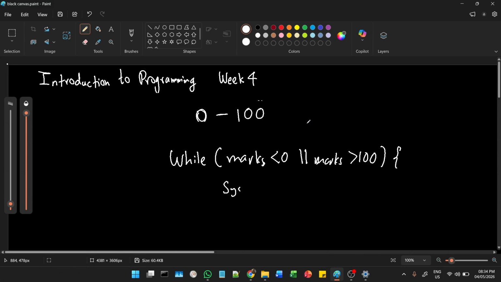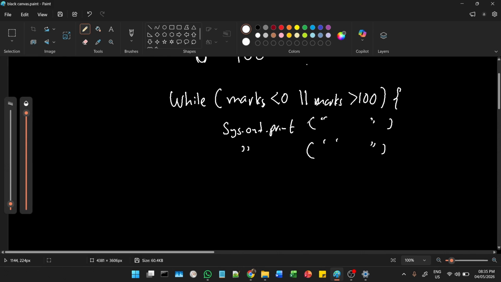We can print out that the marks is wrong. We can then again do the same thing, asking the marks again, right? We can do the same thing, asking the marks one more time. And then what we can do is we can again,